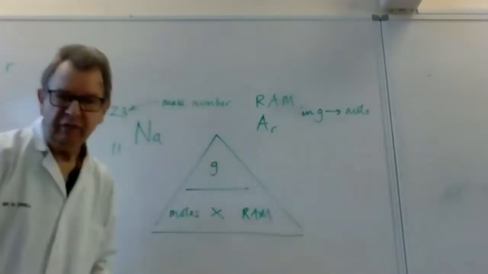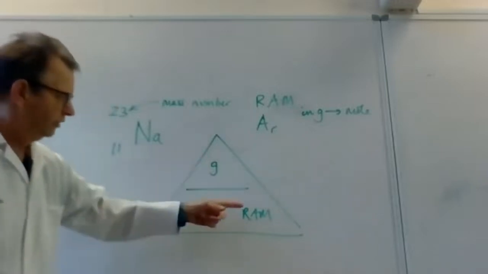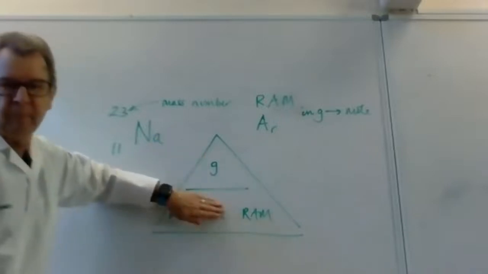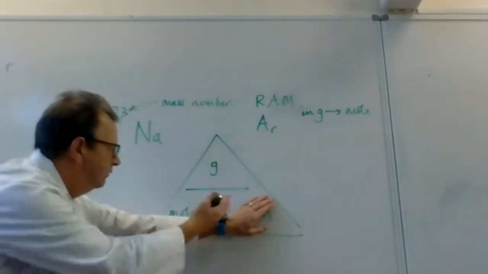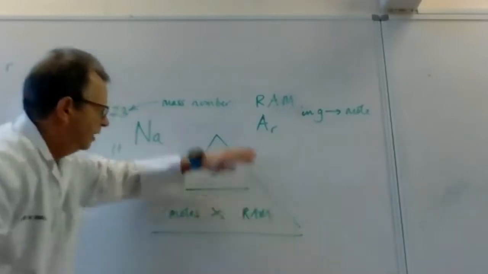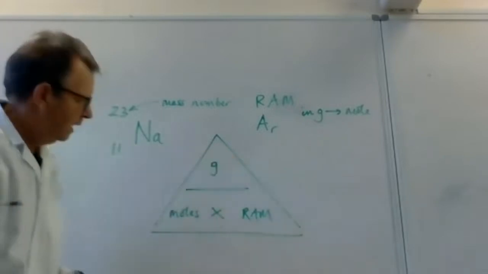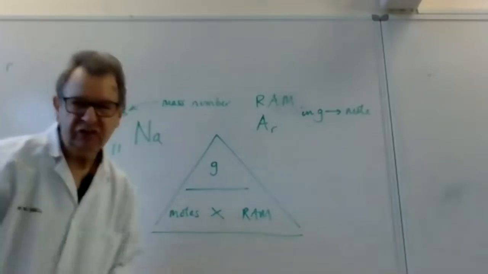To find any one of these, I just cover up the one I want. So if, for instance, I've got the grams and the RAM, then I can cover up moles and it's grams over RAM, and I get the moles. If I want the RAM, I cover it up, it's grams over moles. If I want the grams, it's the moles times the RAM. It's really simple. But this doesn't look that easy to remember until,